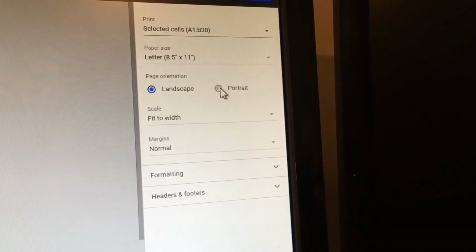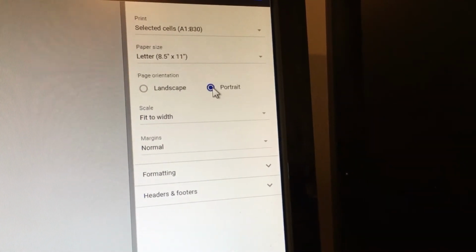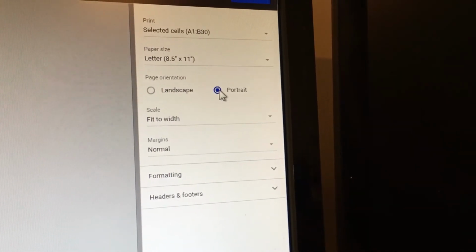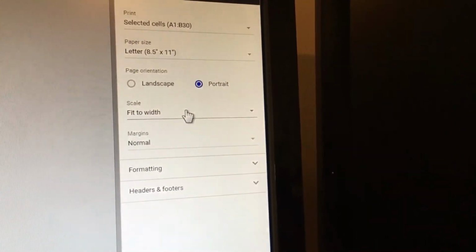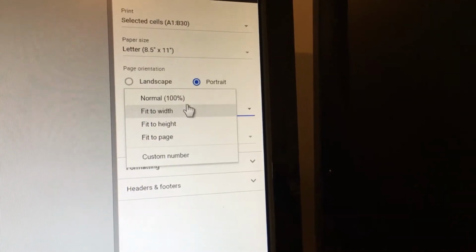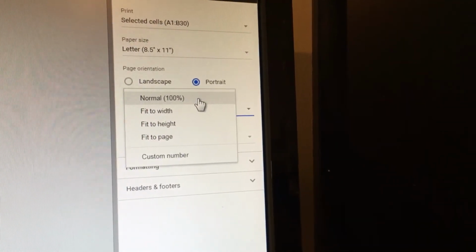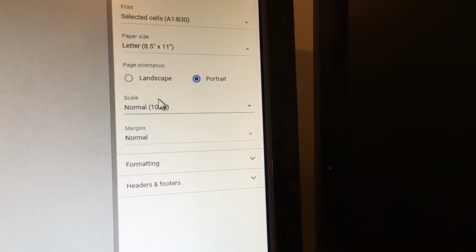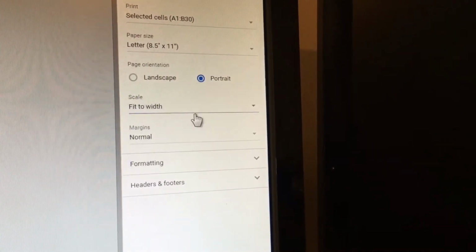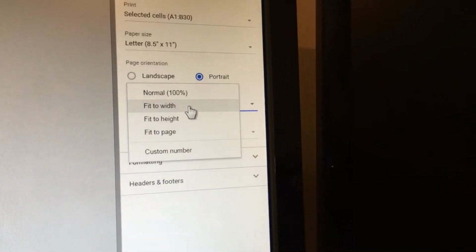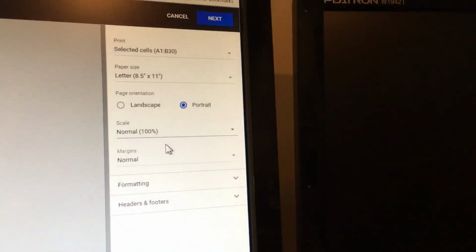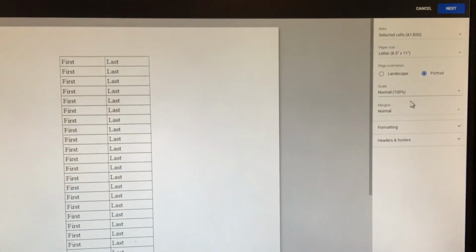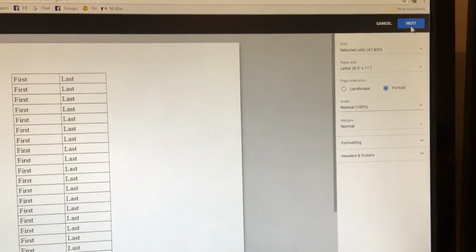Change landscape to portrait, and that's going to let you use the paper top to bottom instead of side to side, so that way everything's going to fit on one piece of paper. Now, this is the really important part. Scale. It says fit to width. No. Change that to normal 100%. Must do that. The rest of this doesn't matter. And then if you hit next,